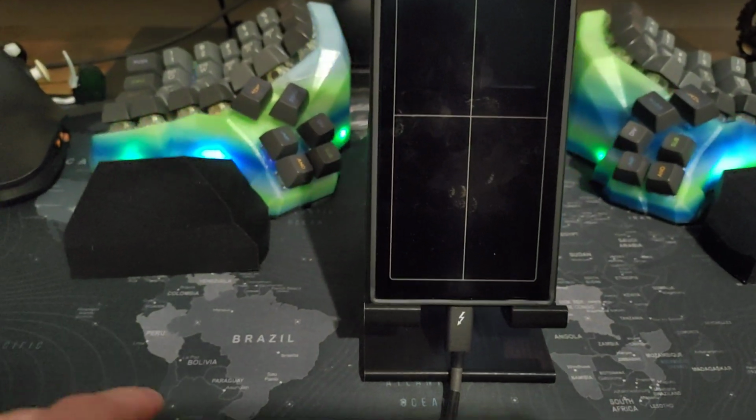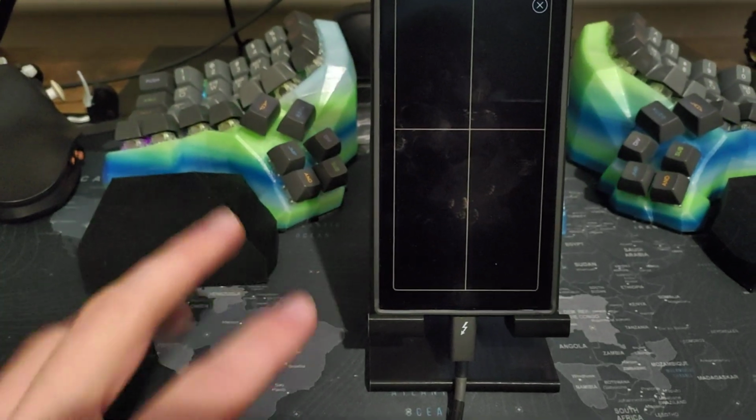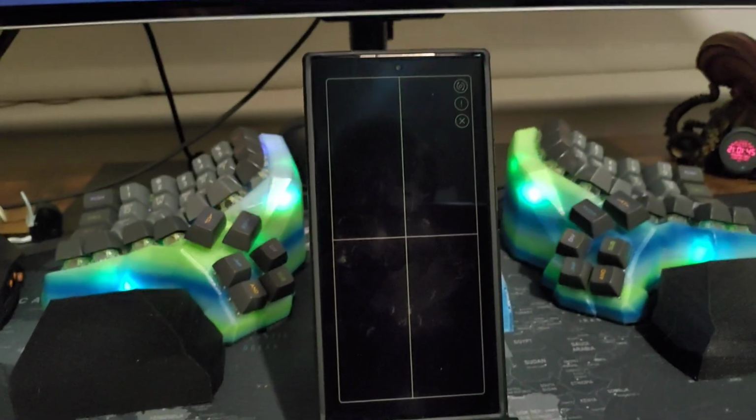You could also use a dongle to connect this, so you can have an HDMI going into the dongle, and I tried that as well, but it's a bit annoying. It's just easier having one cable kind of going in. So yeah,